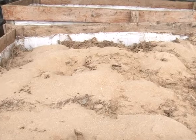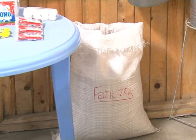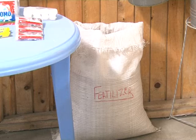The fertilizer is packed in a 50 kg bag, which goes for 5,000 Kenyan shillings on the local market. Mbolea yetu